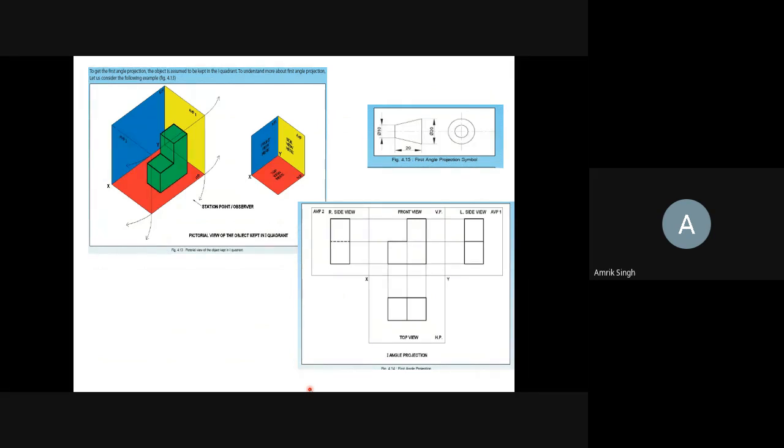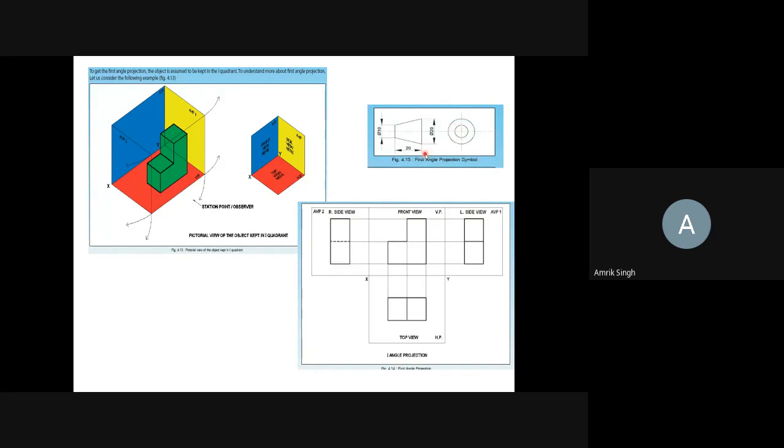So these are the dimensions. This slide is very important. This is the dimension for the first angle symbol. It is kept 10 mm, 20 mm and 20 mm. You have to remember this. You draw a circle here, which should not be very close to it.